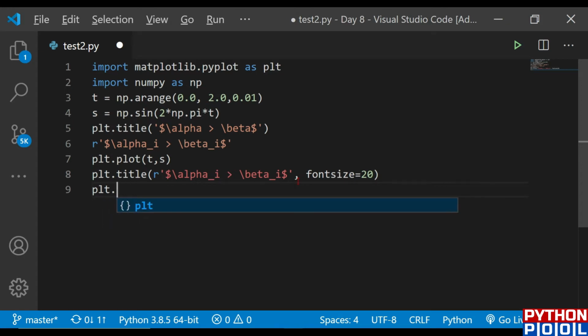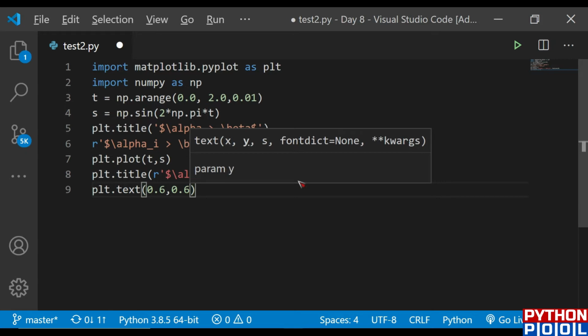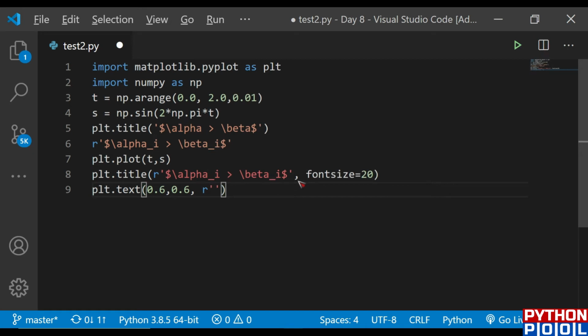So let's call the text function as we saw, and the x-axis position would be 0.6, the y-axis position would be 0.6, and then once again I'm going to define the equation. So let's define it encapsulated in dollar. So dollar, backslash mathcal, sorry, mathcal, then mathcal would be the a, and then once again the backslash mathrm, it would be the sin,